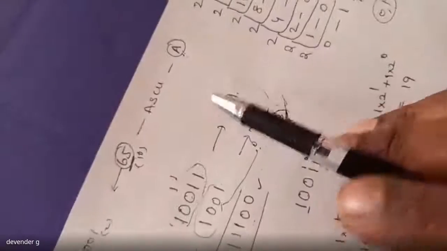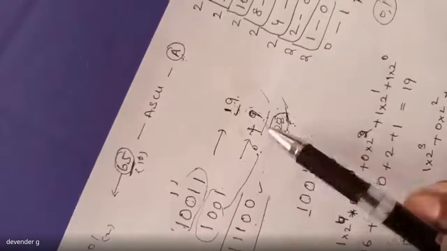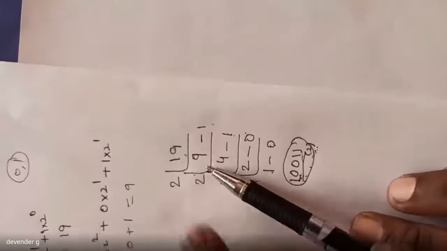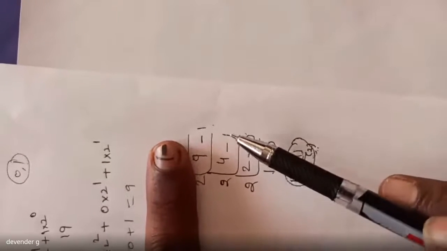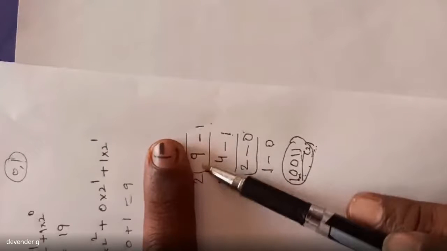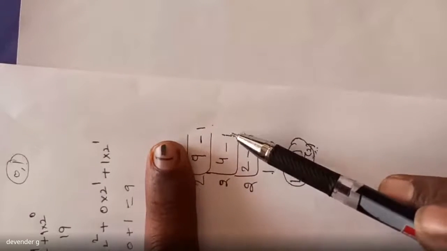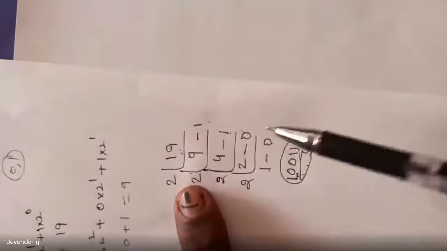Similarly, for the 9 also, the number is this one. If you want, you can just check it. So from 9 onwards, if you take, now this is a number. So this is your 9. From 9, what is the number you can see here? 1, 0, 0, 1. For 9, it is 1, 0, 0, 1. So from 9 onwards you can take. If you want, again you can check it.